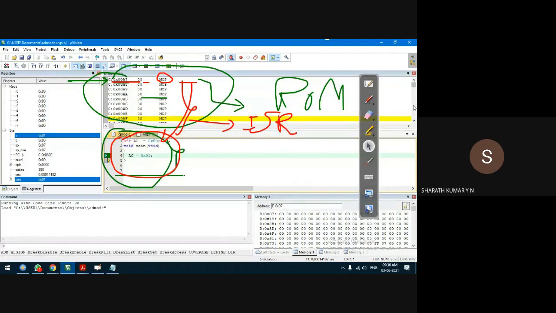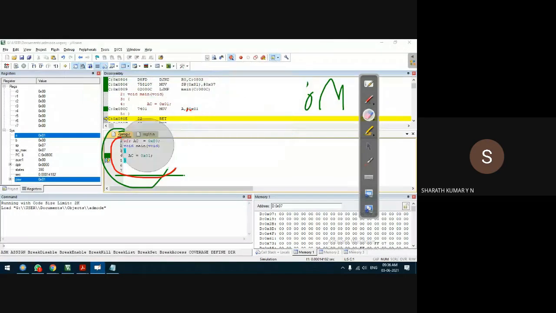Observe that 0800 is not in our control. The compiler decides to store the program in location 0800. Of course, the Keil compiler can be edited and modified, but we are using the default condition where the program is stored at address 0800. What we expect here is that the C program should have been stored.